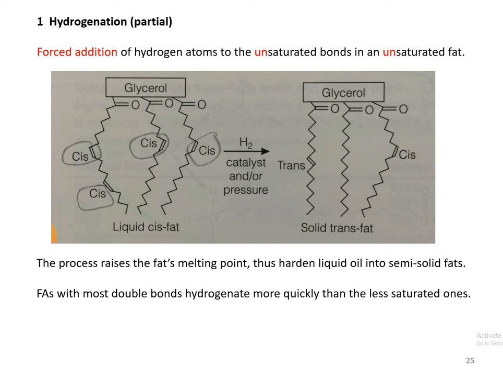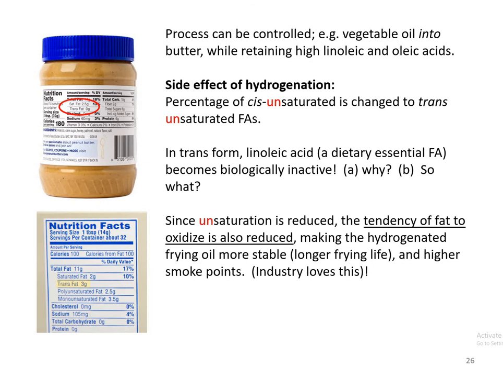And according to our knowledge so far, fatty acids with the most double bonds hydrogenate more quickly than less unsaturated ones. Okay, the process can be controlled, like vegetable oil into butter. Yes, it is possible, while retaining high linoleic and oleic acids. The side effect of hydrogenation, number 1, the percentage of cis is changed to trans unsaturated fatty acid, and we